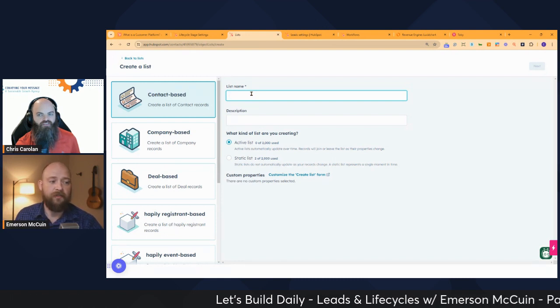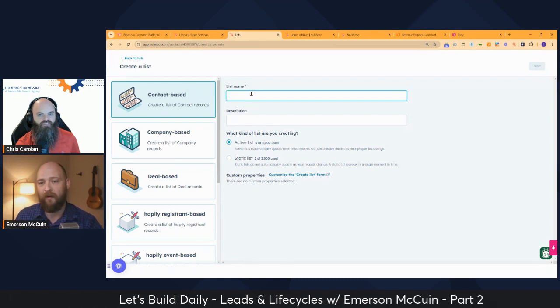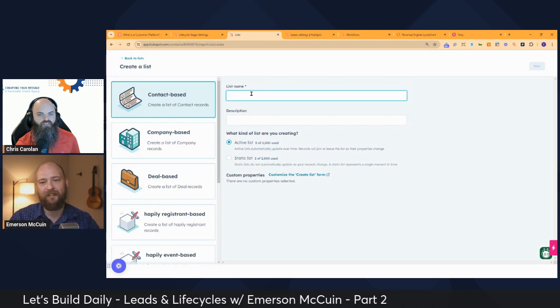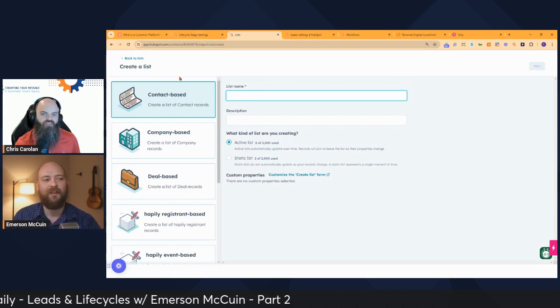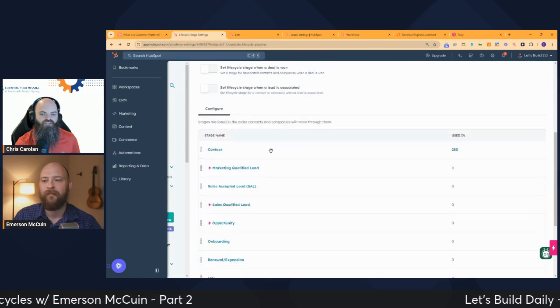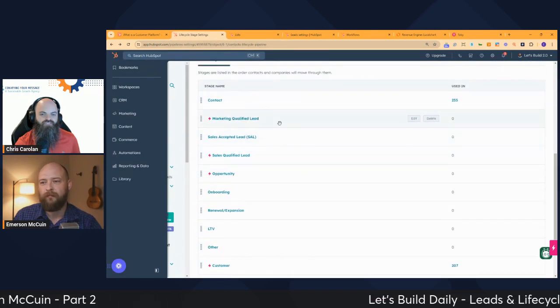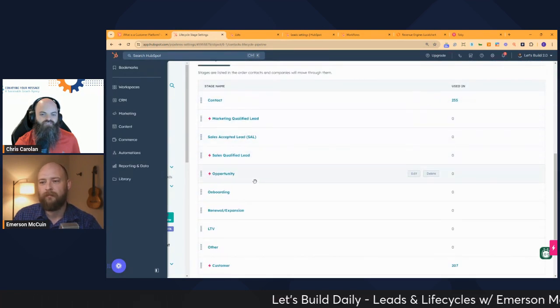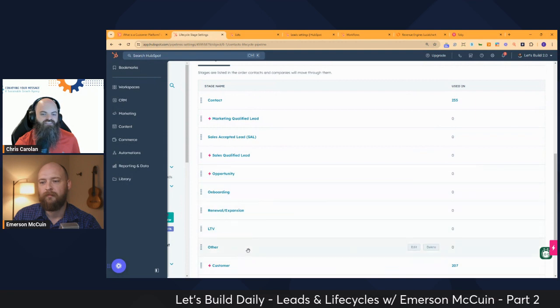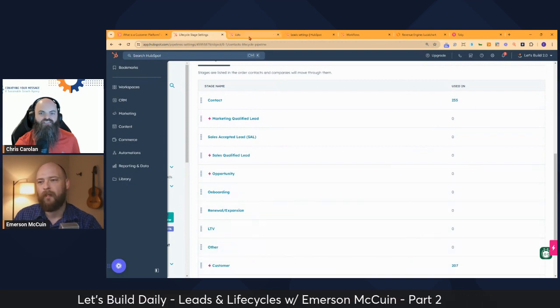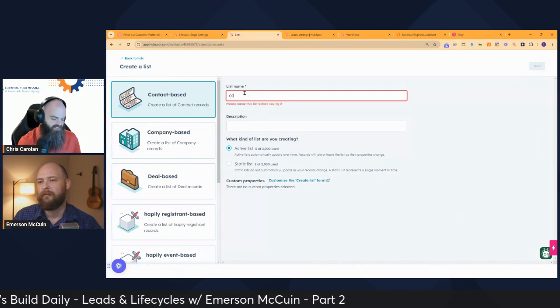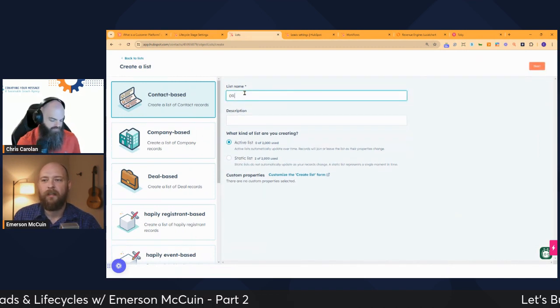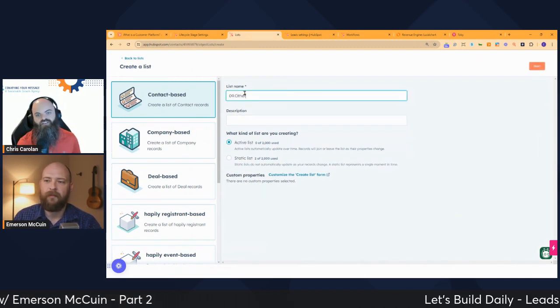Other is interesting because you're going to want both: a contact other and a company other for those that aren't associated. So our numbers go 01 through 09? Correct. So 09, and then I do other, and then a dash.